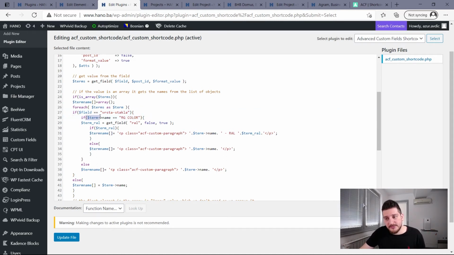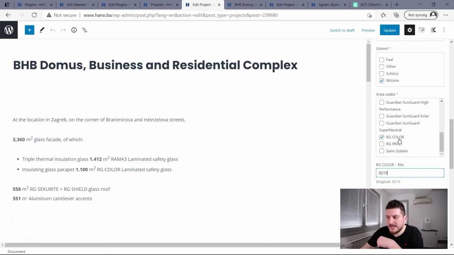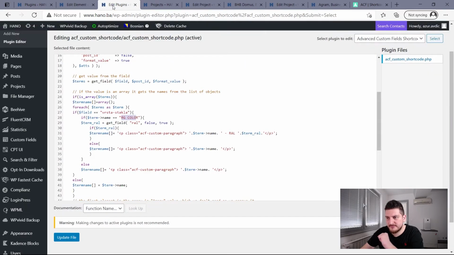Then we check even further. If my term value and I fetch name from it is equal to RG color. So this actually means we're going into this value, and now the value has names of each value in the check for each checkbox. There's this name of the checkbox. So I'm looping through that for each one of them. I'm going into this, and if the name of this checkbox value is RG color, then